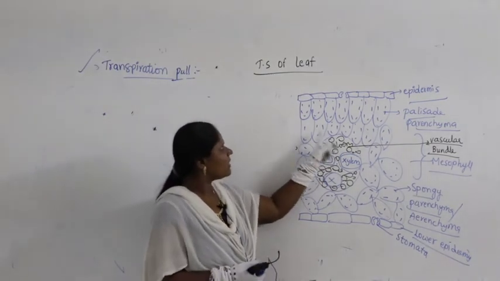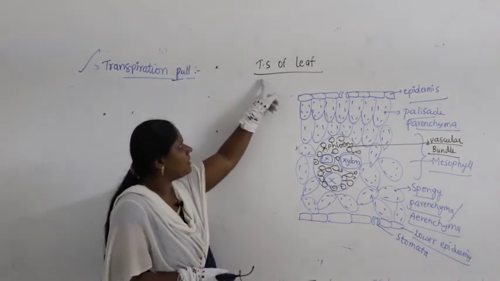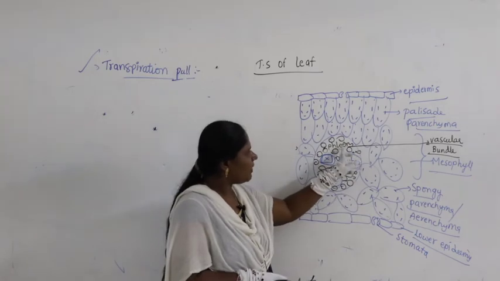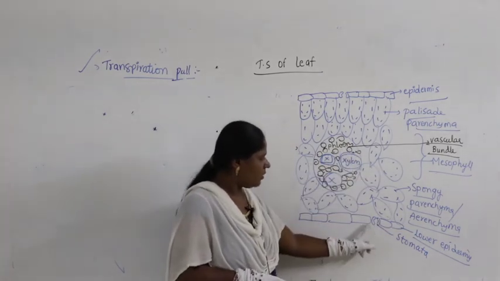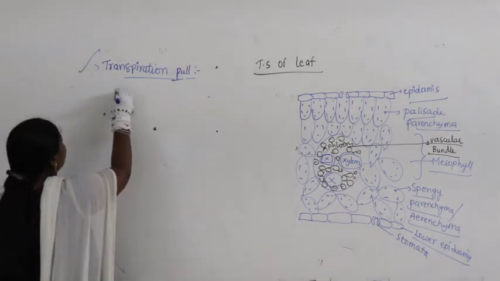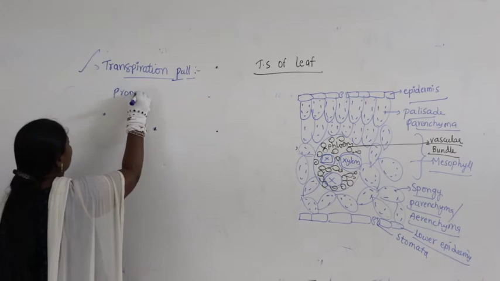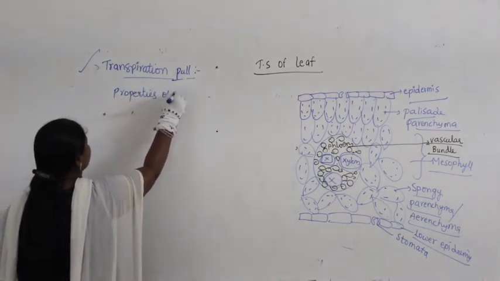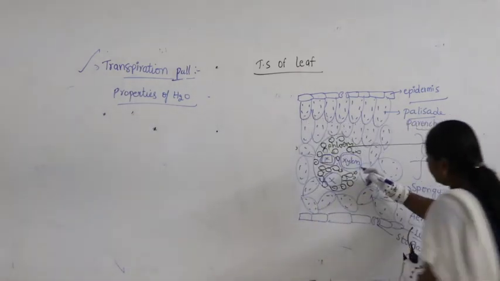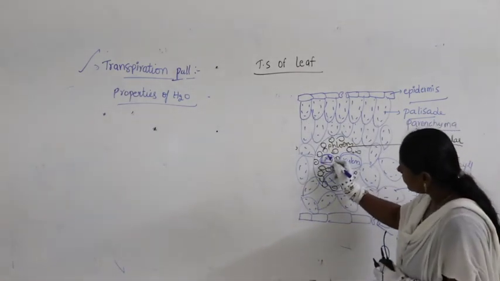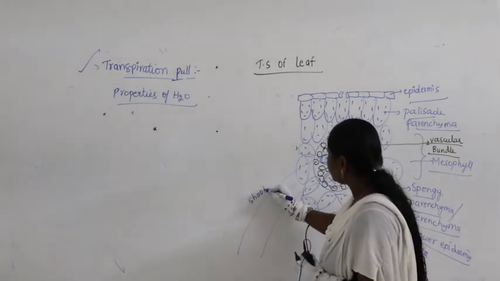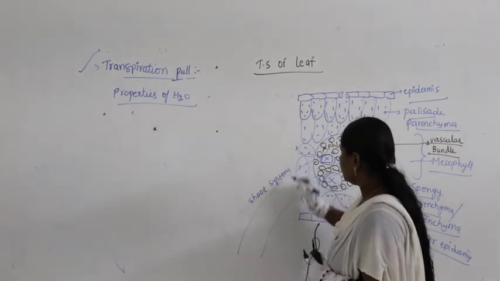So here let us come to how transpiration occurs. Now, let us see the transverse section of the leaf. We find epidermis, palisade and spongy layers, and here we find the vascular bundle, and the mesophyll, the lower epidermis and stomata, right. Now, in this let us study the properties of water. The xylem and phloem are connected to the shoot system.